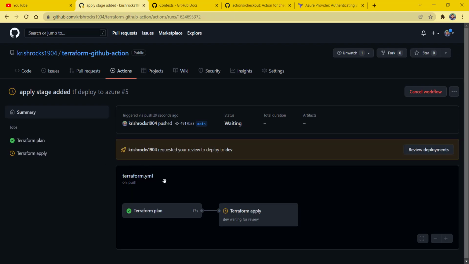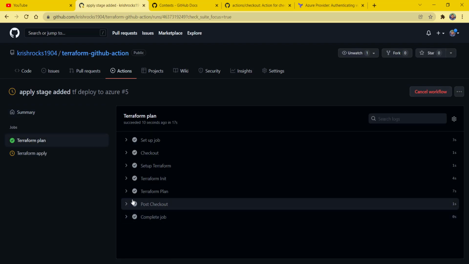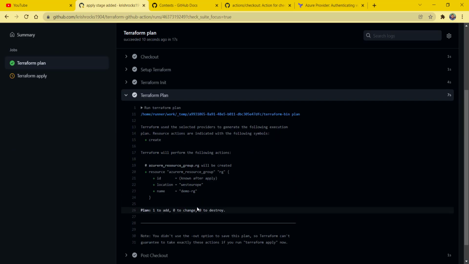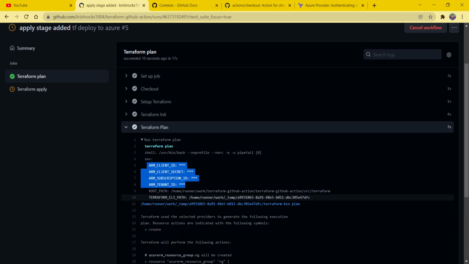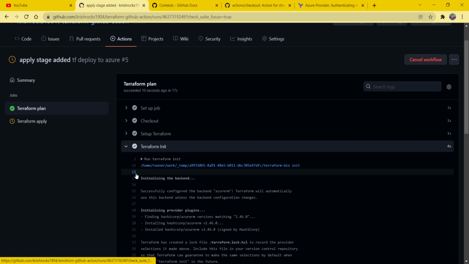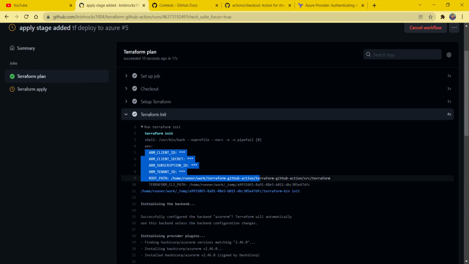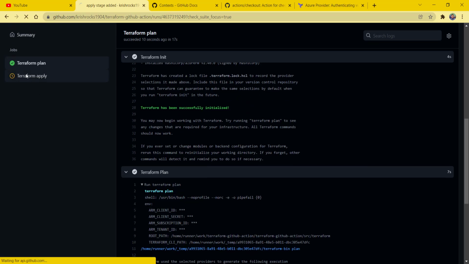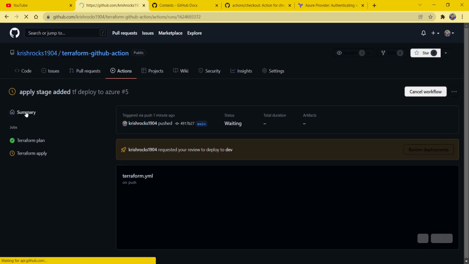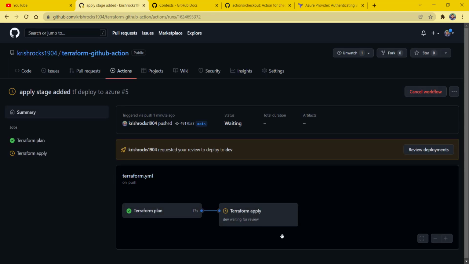So the plan has run successfully, and just to show you again, it is using the environment variables across all the stages. These are the environment variables which we have set up globally here as well, the initialization time, and this is the root path which we have set up. Now if you look at the summary, this particular stage, which is the Terraform apply stage, is waiting for